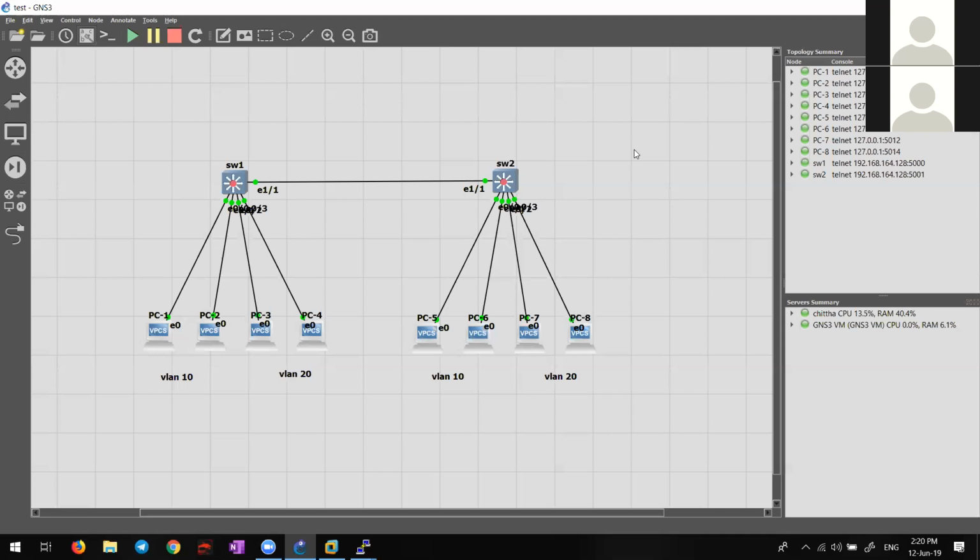Okay, DTP. I hope you all know about DTP, Dynamic Trunking Protocol. There are totally how many modes? Three. One is dynamic auto, dynamic desirable, and the other one is unconditionally trunk. That is called on mode. So in all the conditions, it will make a trunk link except when both sides are dynamic auto. Basically, dynamic auto will say you start the initiation. Both will not start, ego problem, right? So in the same way, it will never make a trunk link.